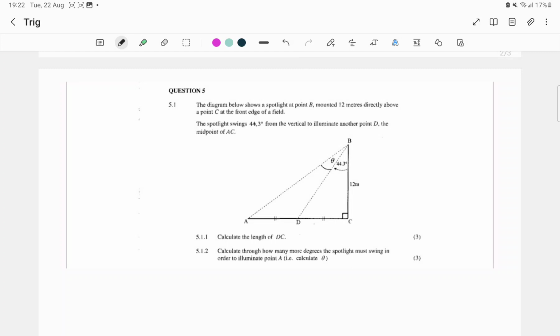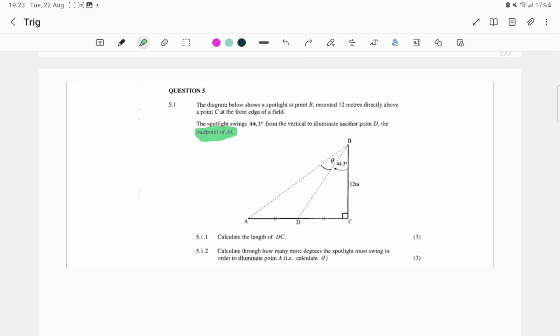Okay, so looking at this question 5, they say the diagram below shows a spotlight at point B, mounted 12 meters directly above point C. The spotlight swings 44.3 degrees to another point D, and they say AC is the midpoint. Alright, so when they mention that something is the midpoint, it means that the distance from the one side of a line and the distance from the other side of a line is equal. Alright, they also did indicate it to us, and now they ask us in the first question, calculate the length